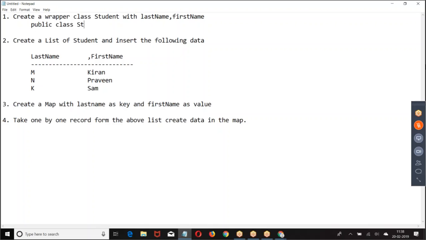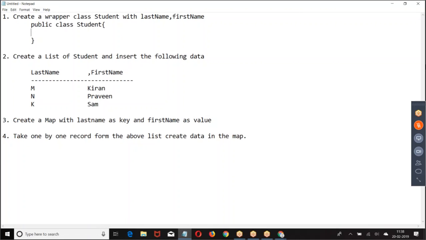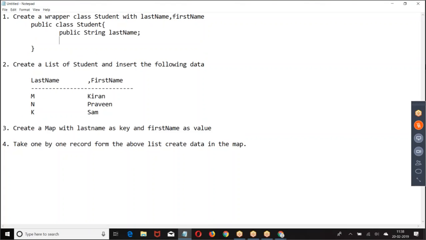Public class, public string last name, public string first name. Right. Then create the second step.